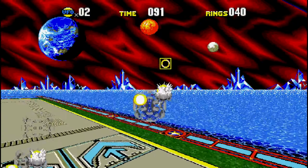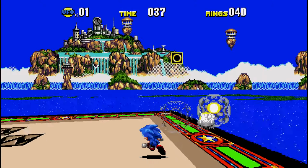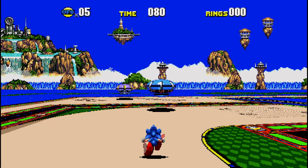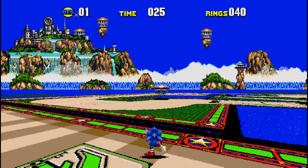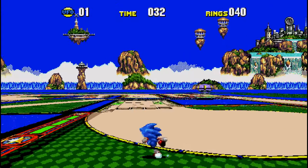You can clear these stages by destroying a bunch of UFOs. Each UFO has a different item in it. Some give you rings that serve no purpose except to increase your score at the end, and some give you speed shoes to make the journey go a little bit faster. The stage itself has traps such as bumpers to push you around, springs to launch you in the air, speed boosters to launch you somewhere else, fans to make you float in the air for a little bit, grass which slows you down,